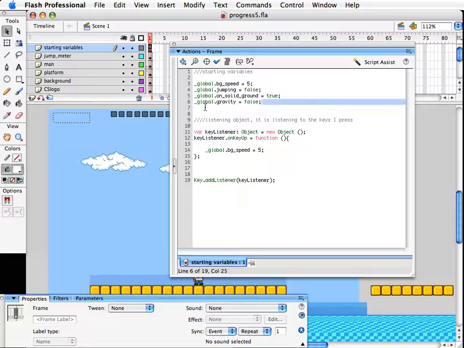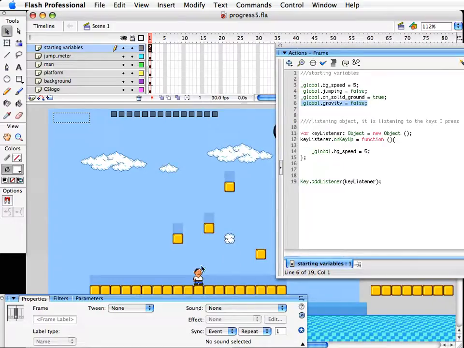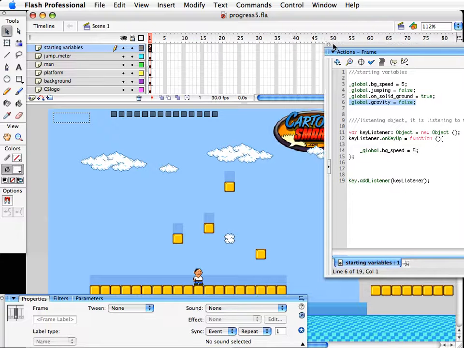So when we're going through and making this switch from true to false in different places, there's going to be a separate movie clip that truly decides whether or not we're going to kick in gravity. There will be places where we don't want even the possibility of testing for gravity, I guess we could say. One of them is in the beginning here, because we're going to start this guy off on solid ground. Another good place to add that will be, this is kind of an obvious one,